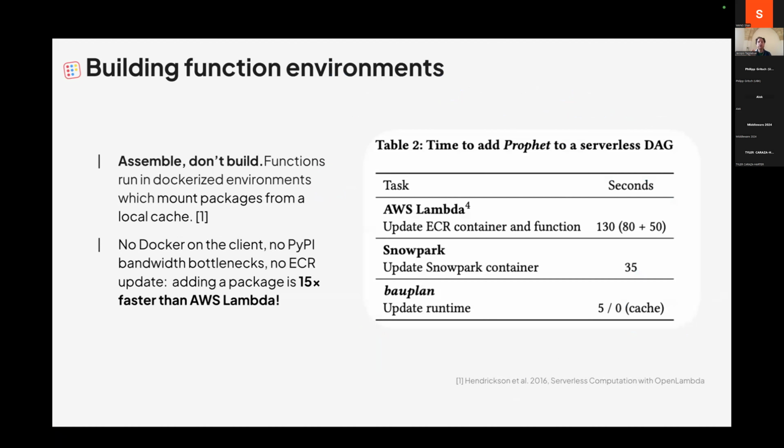So the key intuition of the environment building, and why it's so fast to change a DuckDB version and a Python version and rerun it, is because we actually do not build a container. We assemble them from packages that have been downloaded in a cache before. This intuition goes back at least to OpenLambda,